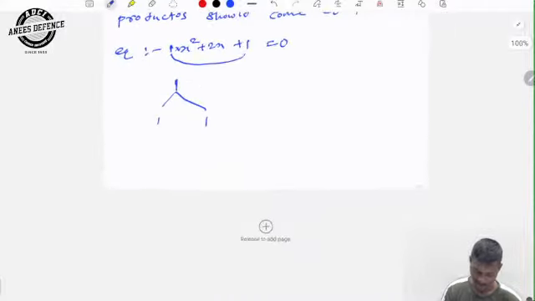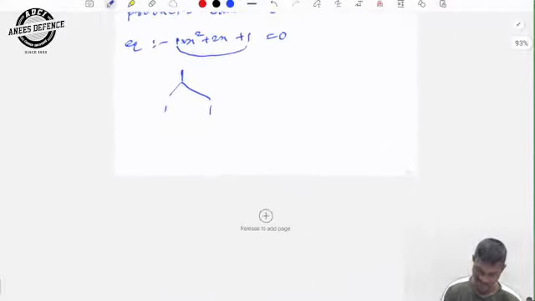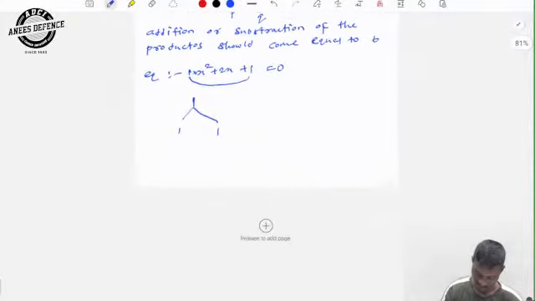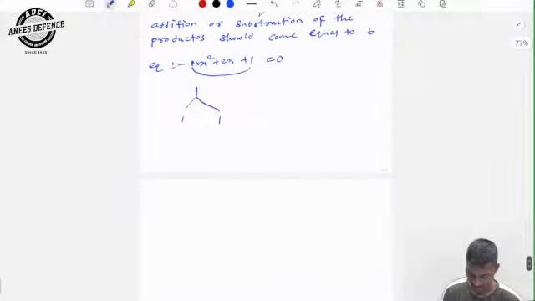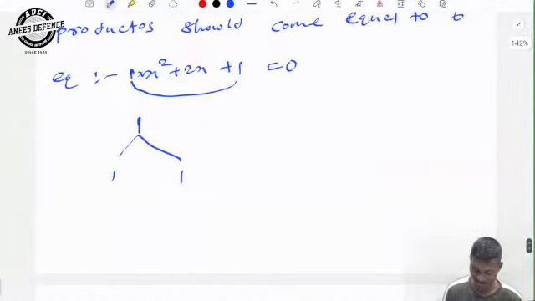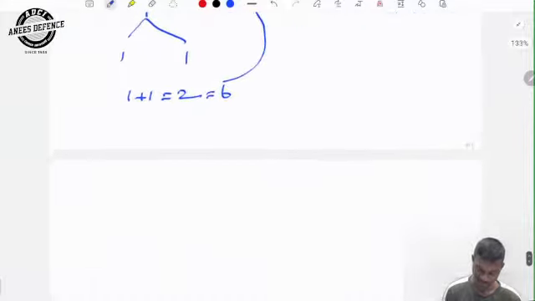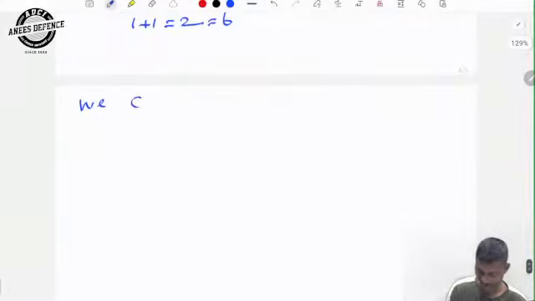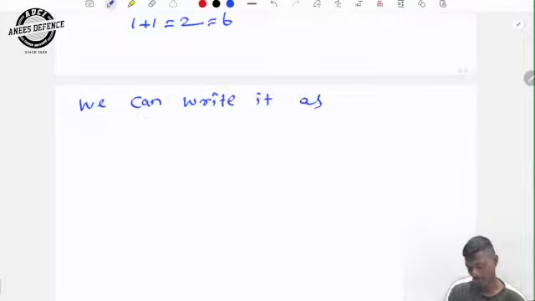Here we can see that the addition of these two products will come 2. That is equal to b from this equation. So we can write it as x square